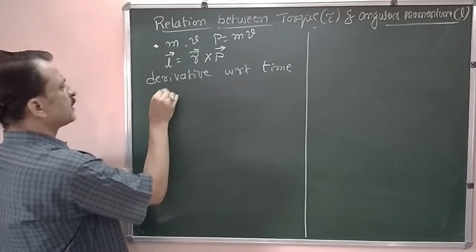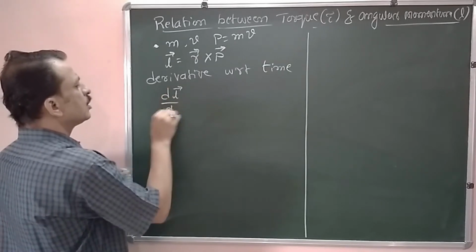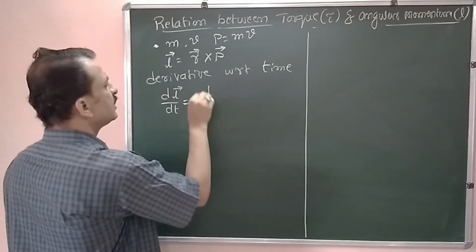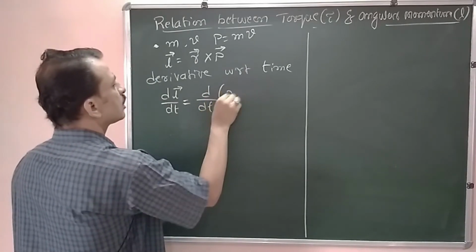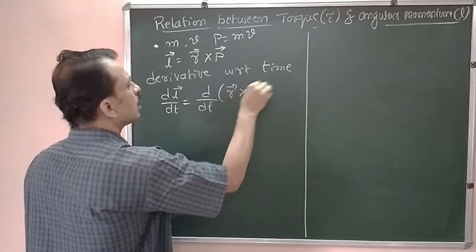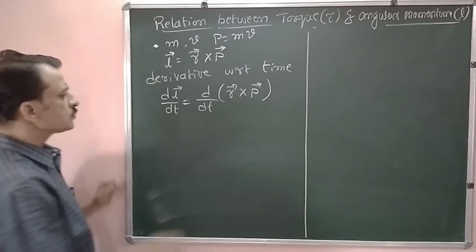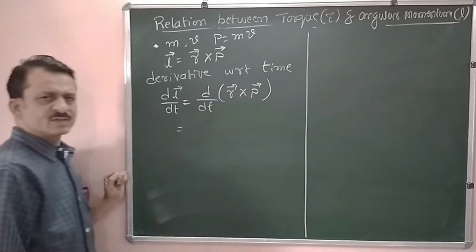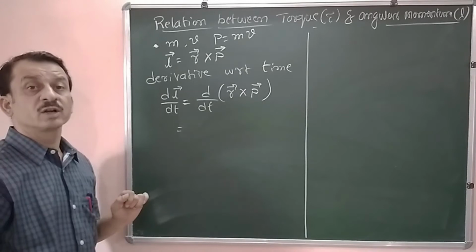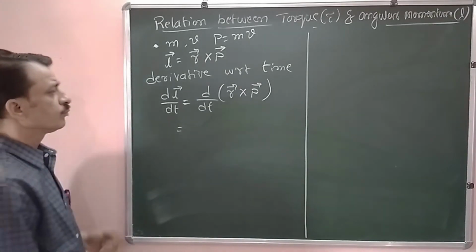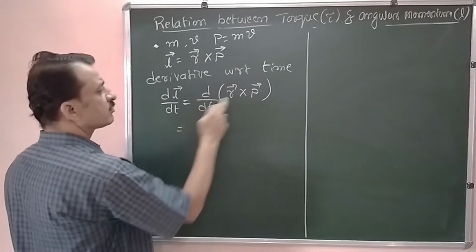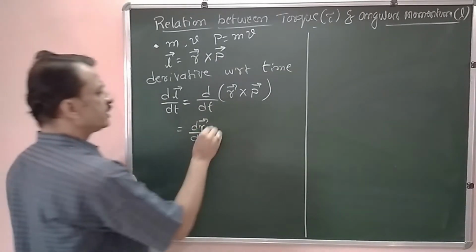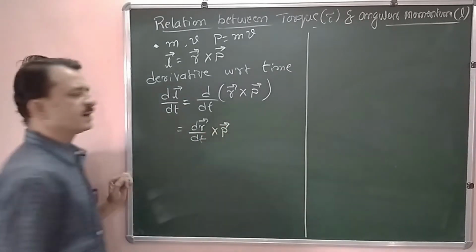So it is a simple mathematical step. dL by dt on the left hand side, and on the right hand side, d by dt of the cross product r cross p. Since it is the cross product of two quantities, we have to make use of the product rule of derivative. That is, first take the derivative of the first term, dr by dt, cross the second term p,